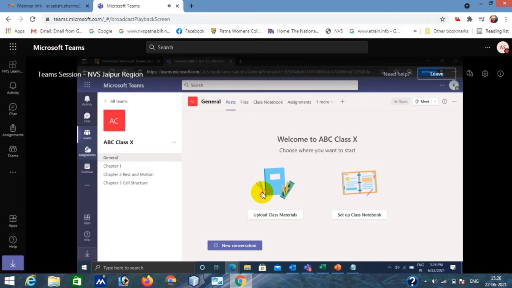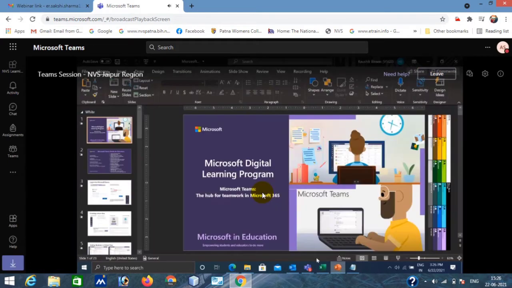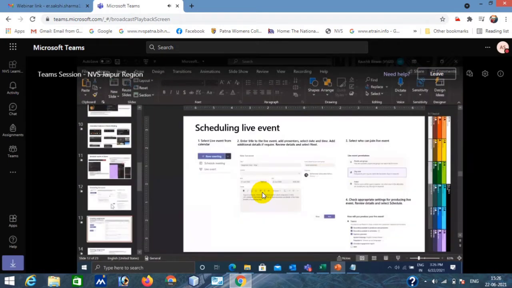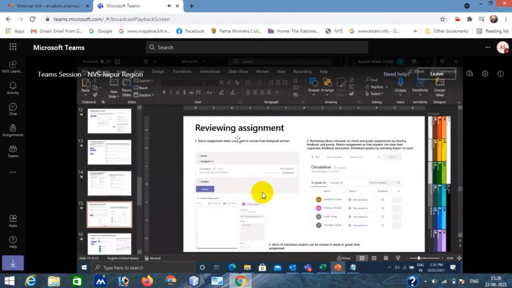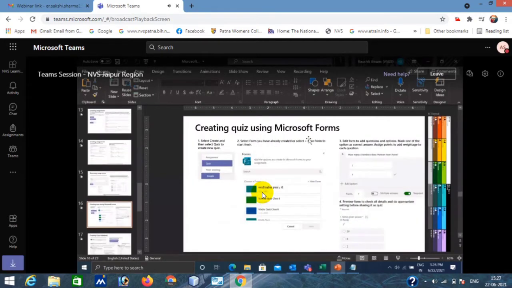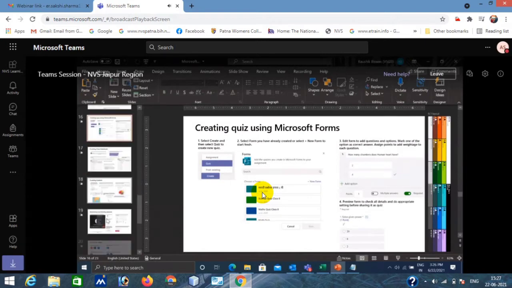We'll learn both of these. Here you will also find that an assignment has already been given. Here you can see how to create an assignment, create a quiz, and review an assignment. Creating a quiz using Microsoft Forms, all the step-by-step options are there. You can see it from here also, but we'll still discuss it with you.